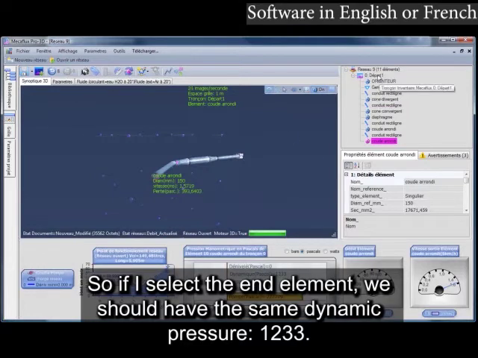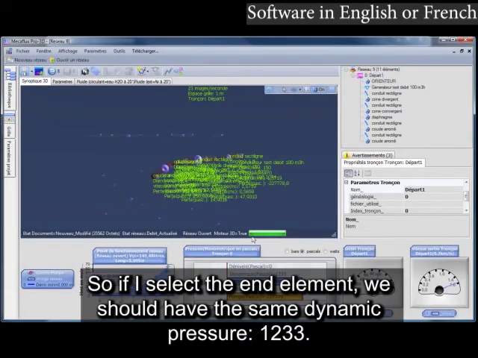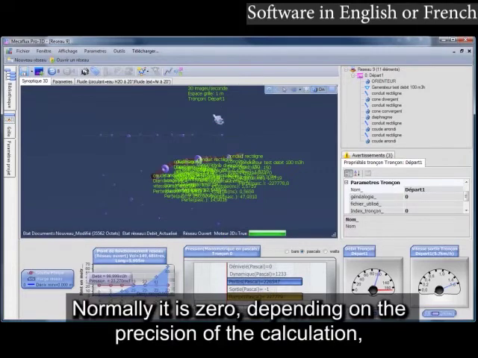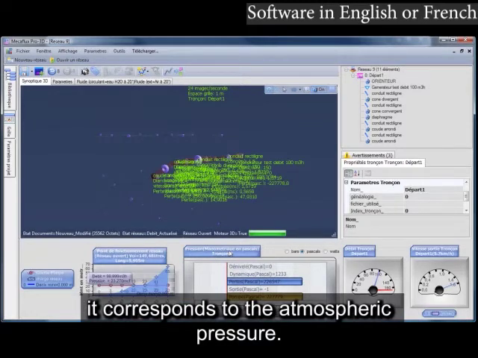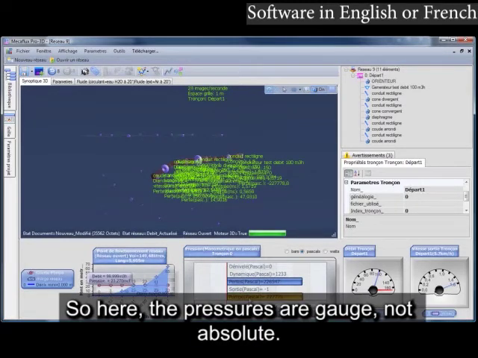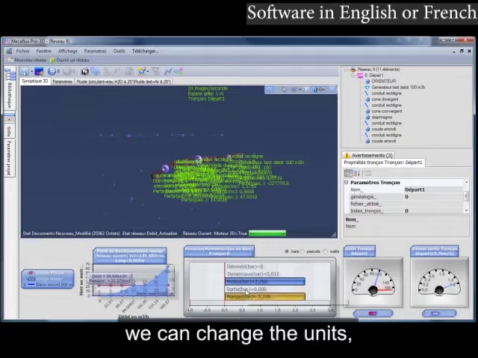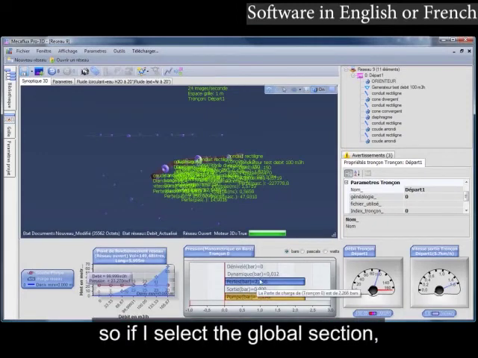So if I select the end element, we should have the same dynamic pressure, 1233. We see that the gauge pressure at the outlet is -1 Pascal. Normally it is 0, depending on the precision of the calculation. It corresponds to the atmospheric pressure. So here, the pressures are gauge, not absolute. The pressure supplied by the pump is in pascals. We can change the units. So if I select the global section,